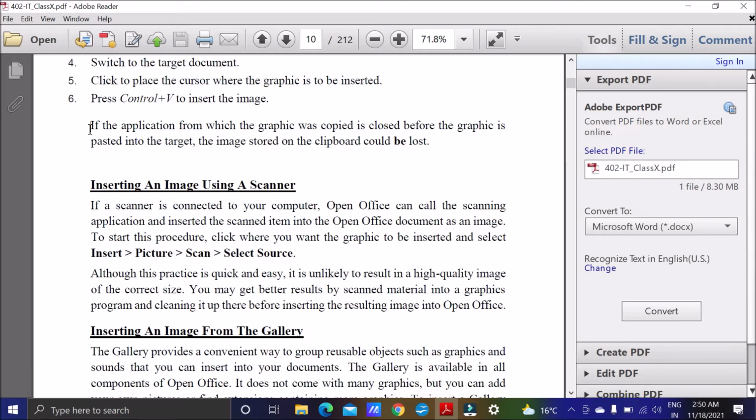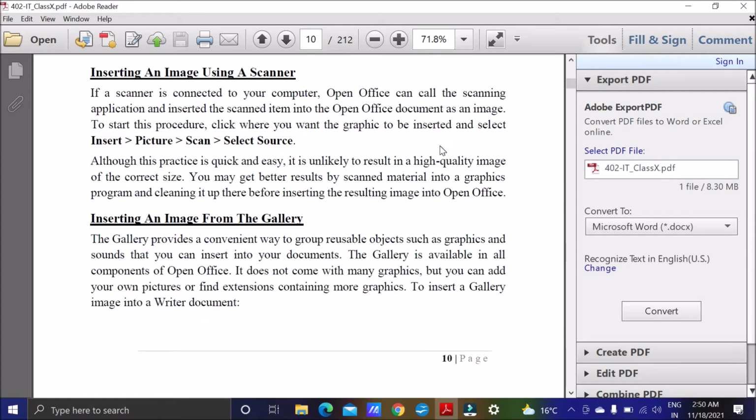If the application from which the graphic was copied is closed before the graphic is pasted into the target location, the image stored on the clipboard could be lost. So we have to keep the file open till we copy the image onto another document.